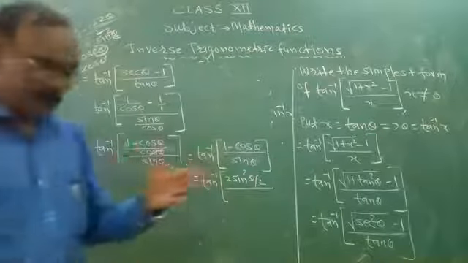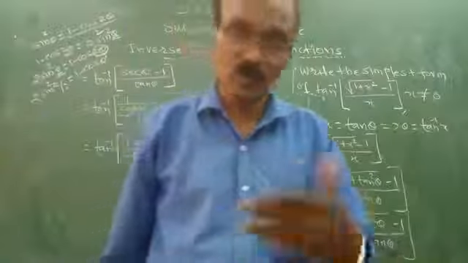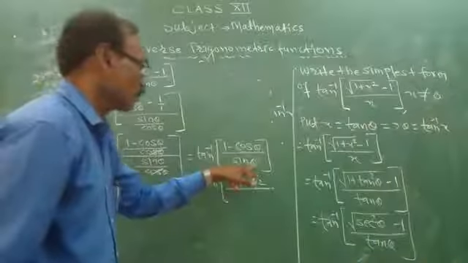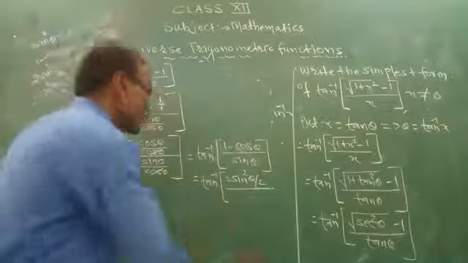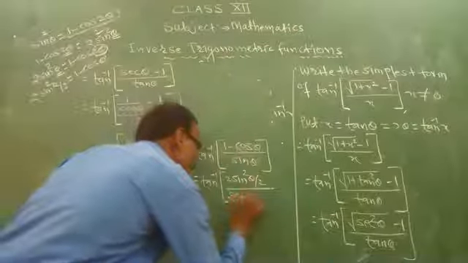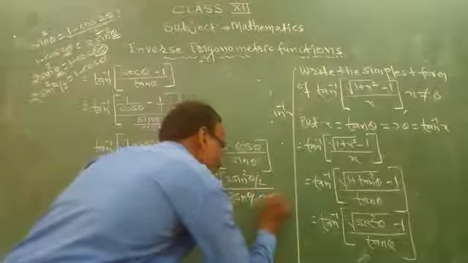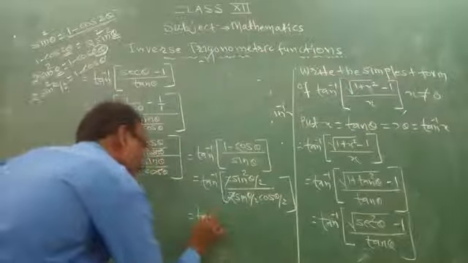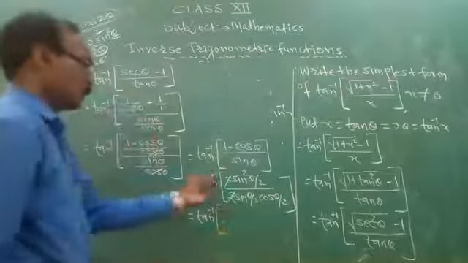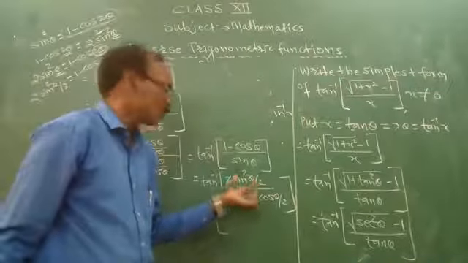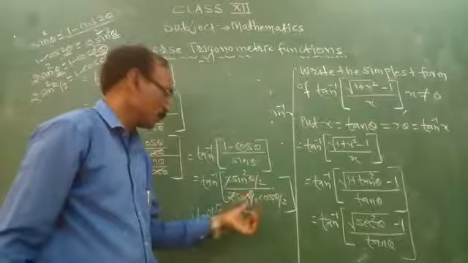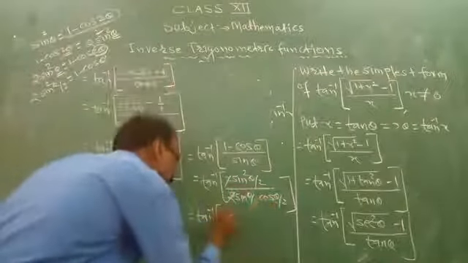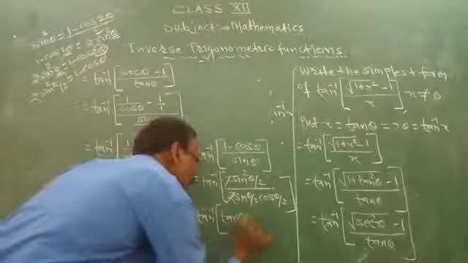As you know, sin 2 theta is equal to 2 sin theta into cos theta. So sin theta, as 2 into theta by 2, I can write as twice sin theta by 2 into cos theta by 2. So the 2 will get cancelled. So tan inverse of sin square theta by 2 means sin theta by 2 into sin theta by 2. One sin theta by 2 will be cancelled out with this sin theta by 2. So you will get sin theta by 2 and cos theta by 2, that is tan theta by 2.